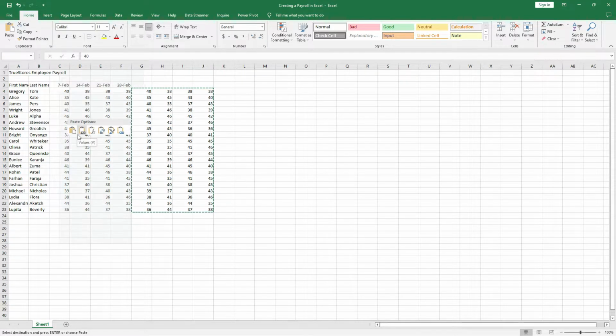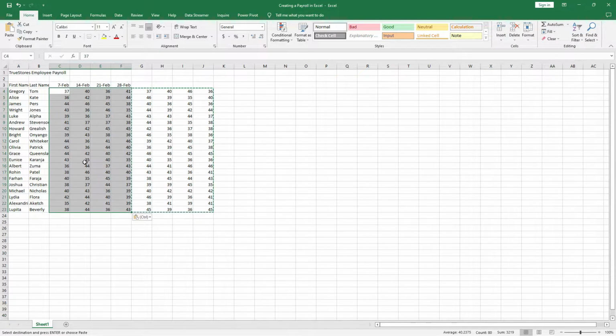We paste as values. Do not paste as this because it will copy and paste with the formulas. But when you paste as values, it will not be changing. We check now, we have random numbers. But let's say if we pasted by copy, if we pasted by